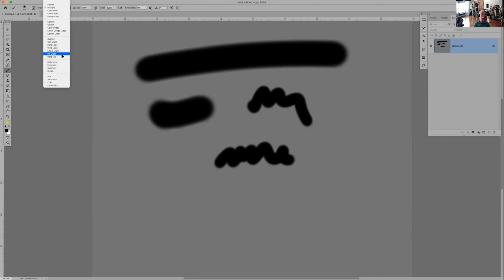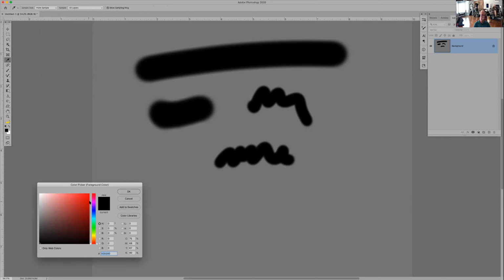Overlay through hard mix deals with the grays and the midtones. The difference, exclusion, subtract, divide, those are all some funky things that I'm not even going to deal with today. Color and luminosity are 2 that you can use on a regular basis that would be really cool. Color especially. If I wanted to change this black here to blue,